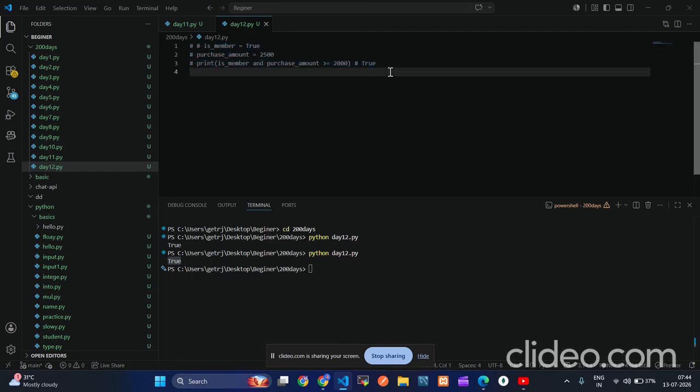Now we will move to the next example, not a shopping example but a school examination example. Let's go. The student scores 45 marks in theory and 40 marks in practical.